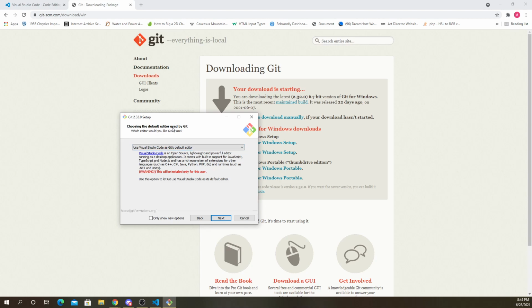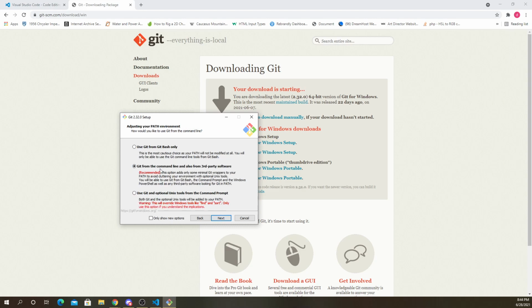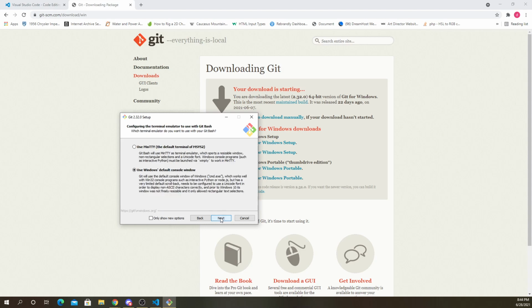Choosing the default editor used by Git: which editor would you like Git to use? I'll just use Visual Studio Code. Again, just leave it on the default. Go through all the default stuff here. The only thing you might want to change is,